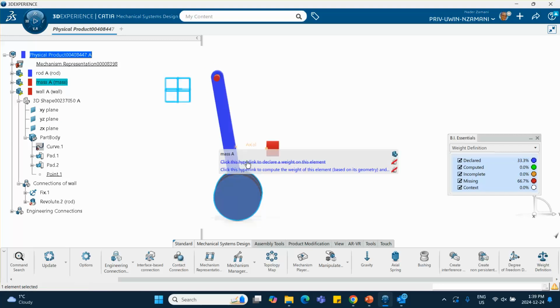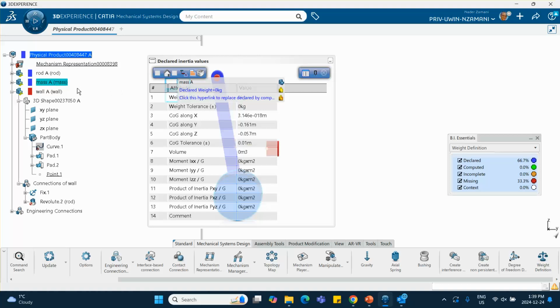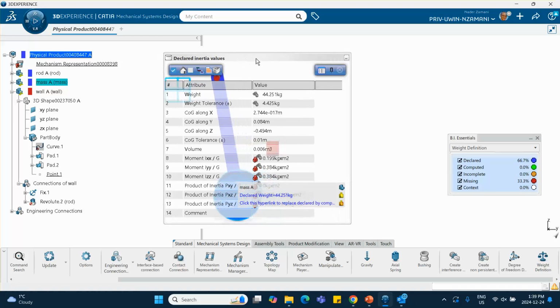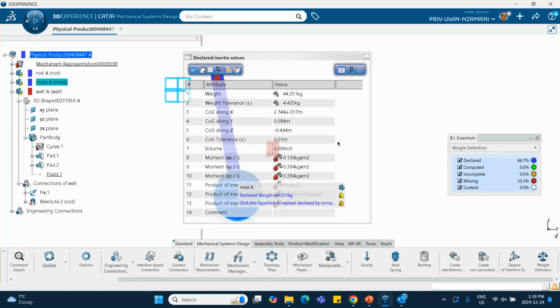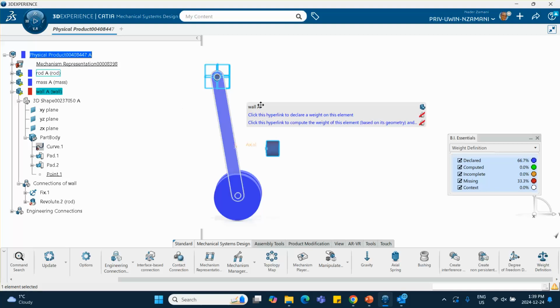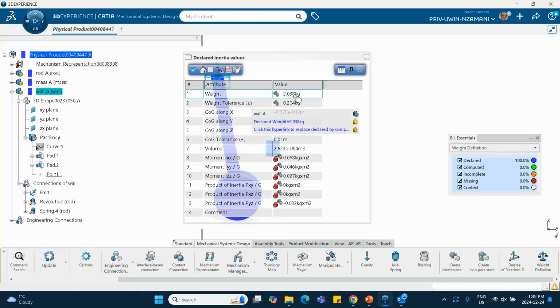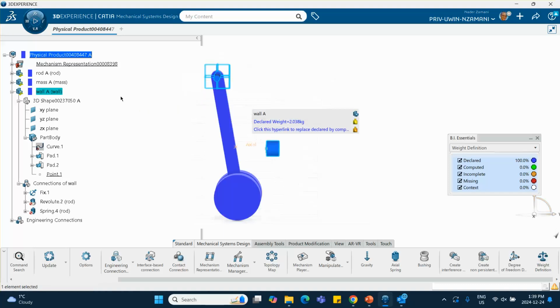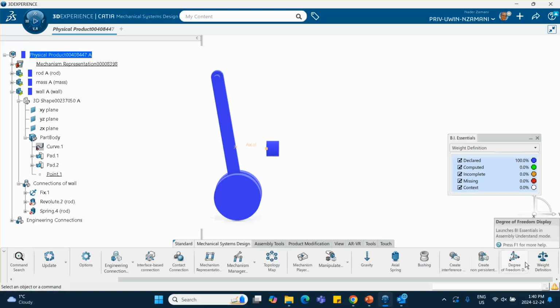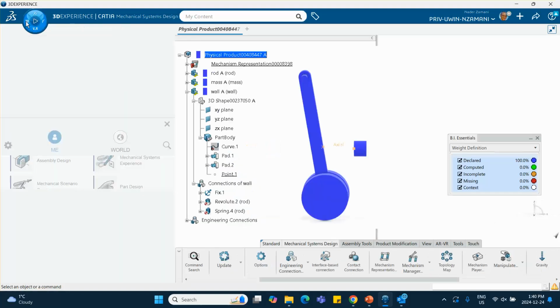Let's do this one. Hyperlink. This one is the dumbbell. First, let's declare it based on properties of steel, right there, 44. And I think that's what you want to keep, 44.25. That's okay. I don't want to change this thing. I'll just leave it the way it is. And then finally, I'll do the wall, click on the hyperlink, and click on properties of steel. And this is the mass based on the properties of steel. Since it's not moving, that's okay. There's no reason for me to change this thing. So these are the things that I already had from the beginning, but I wanted to show you how it works. Okay, good. Now, all right, we declared the weight, and now we're going to go to